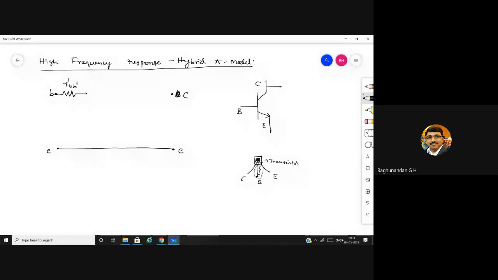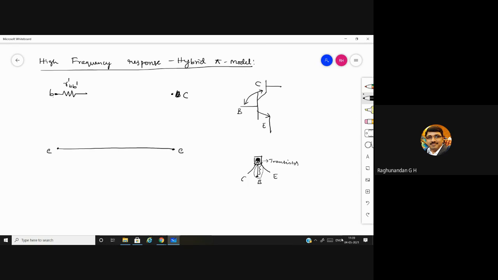Then you might ask me why you are using this extra wire in the lab. See, we are considering the resistance of that extra wire as negligible. That's why we are using it. But when it comes to the pi model or the equivalent model, even a small resistance we are supposed to consider.